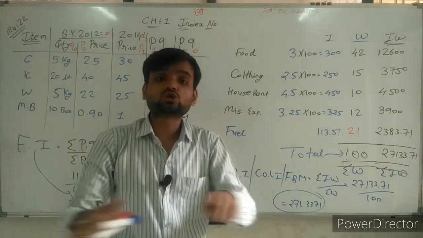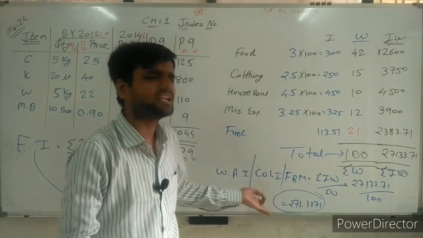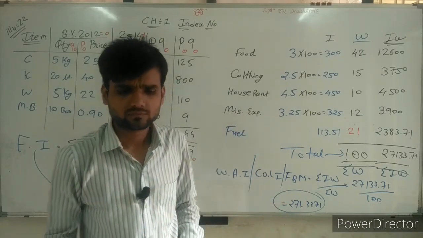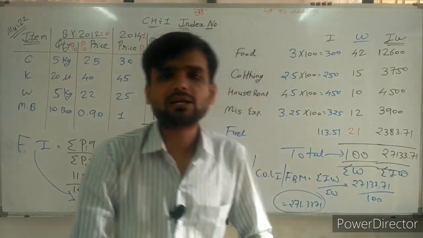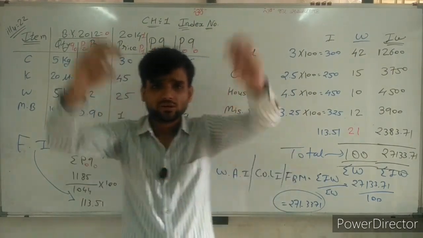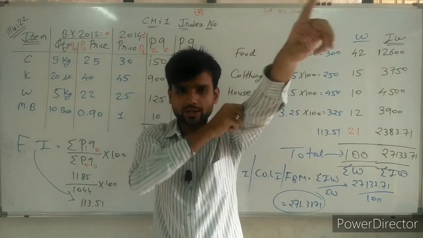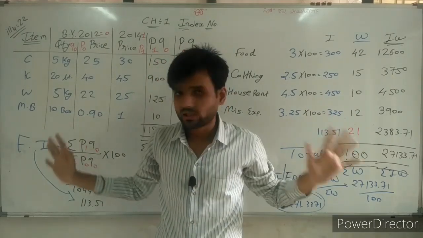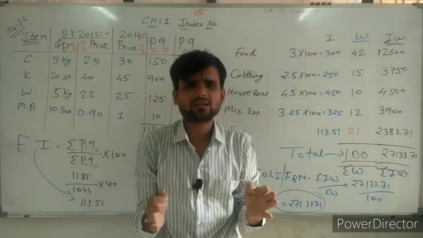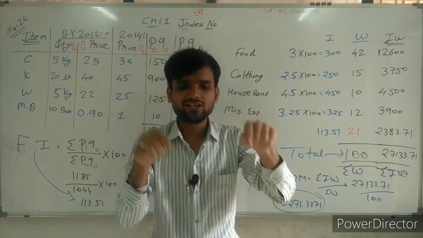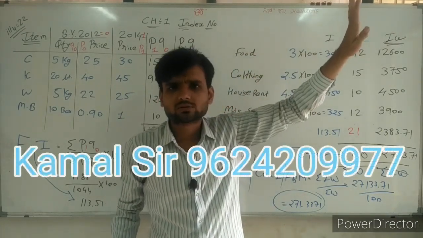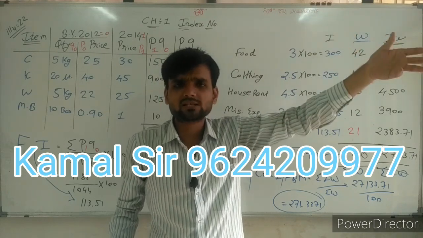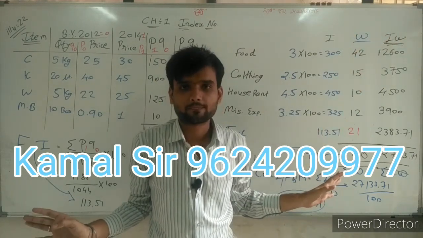Family budget, total cost of living index number. That is very important here. So students, here my sum is 100% completed. I am giving you a brief of all the things again, because this sum is the only unique sum in this chapter. Other sums are normal sums, on which basis we can find this.